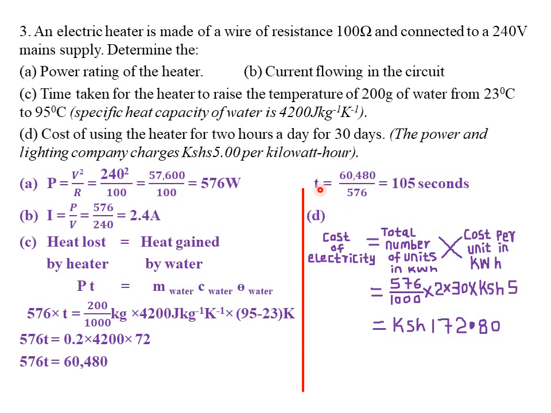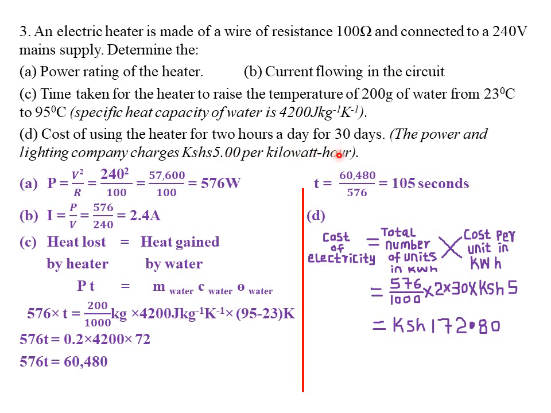Therefore, the time taken for the heater to raise the water of 200 grams from 23 degrees to 95 degrees will be 60,480 divided by 576, which gives you 105 seconds. Then part D, they want us to find the cost of using the heater for 2 hours a day for 30 days. Then we are told that the power and the lighting company charges Kenya shillings 5 shillings per kilowatt